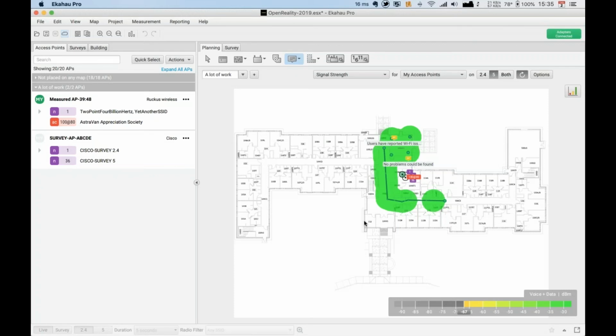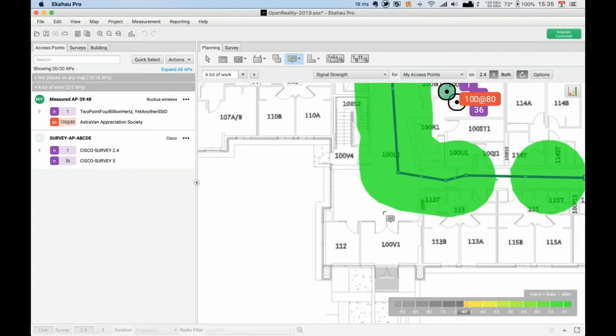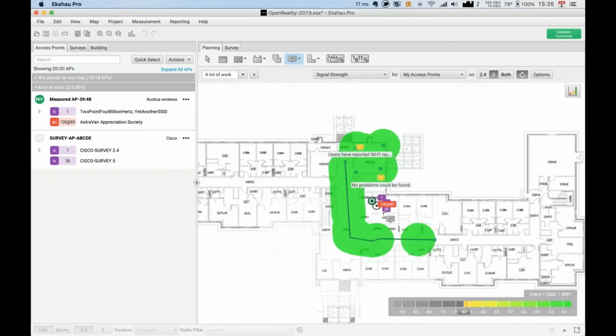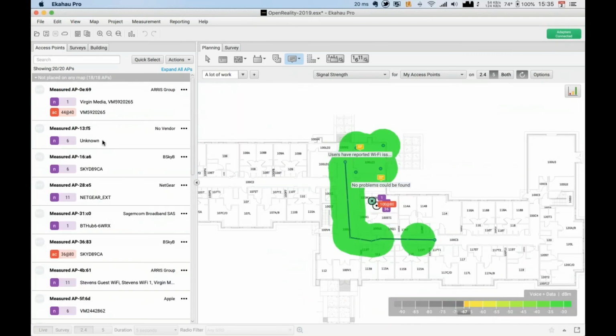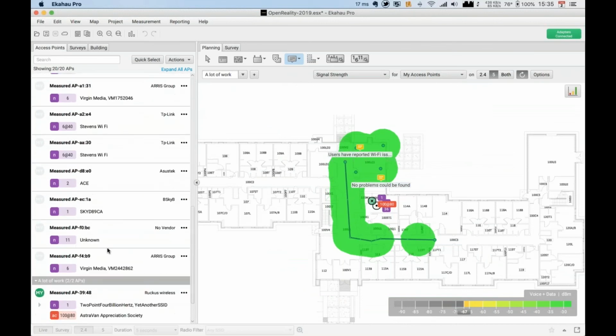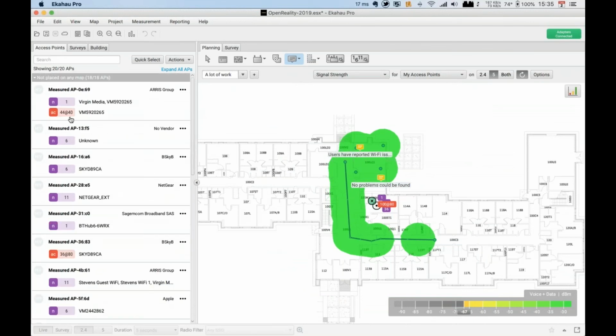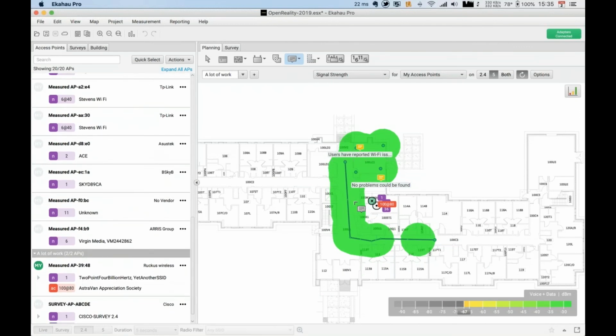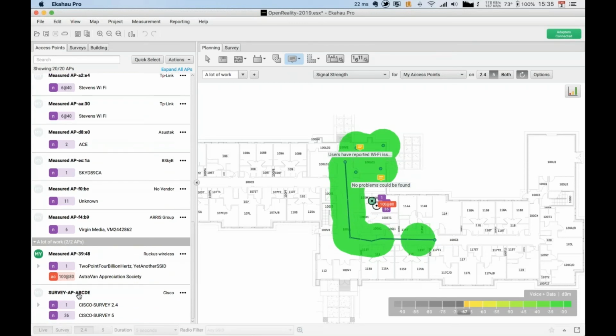And so what we can see is that Ekahau Pro is showing us a lot more pertinent data, in that we have access to all of the AP information, all of the SSIDs that were visible. I know we saw those before, but we can also get some of the information about the APs. Also notice that there is another AP that was placed onto the map. So what we did there was that we only placed the automatically selected as my AP onto the map using the iPad app, because there is also an access point here called